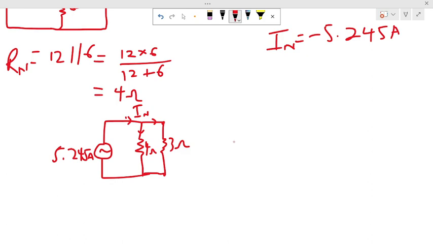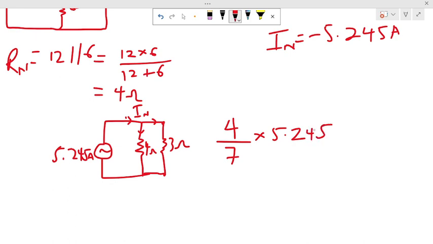I showed you a trick: for two resistors in parallel, to find the current through a resistor, you write the other resistor, not the resistor that you want to find the current through. So you write the 4 ohm. If you want to find the current through the 3 ohm, you write 4 ohm divided by the summation of the two resistors, 7, multiplied by the total current, which is